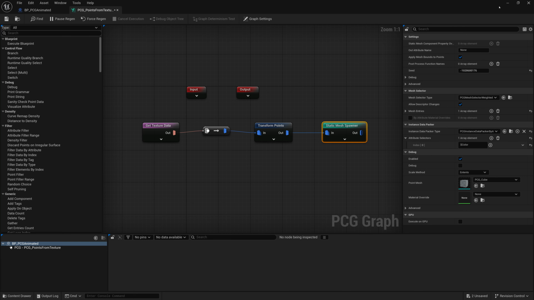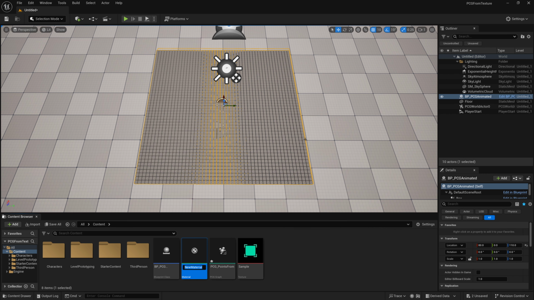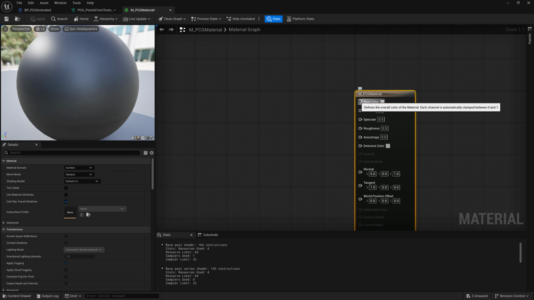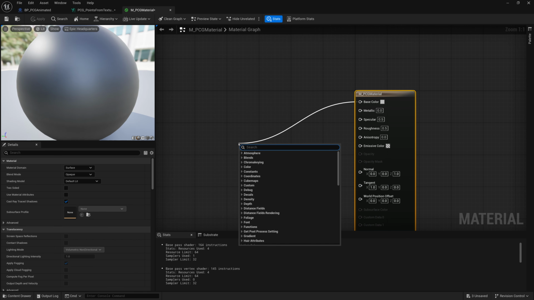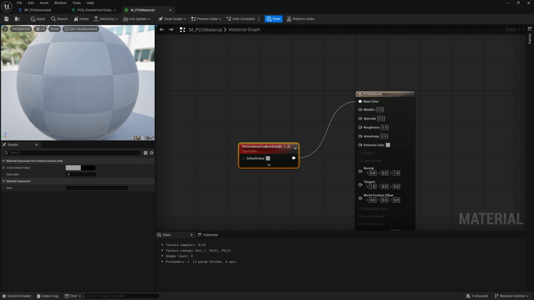Next, we're going to minimize this for a second. We're going to create a brand new material. I'm just going to call it something like M_PCG material. And inside that material, I'm going to open it up. And for our base color, I'm going to drag it out and create an instance. And you can search instance, and it's actually called a